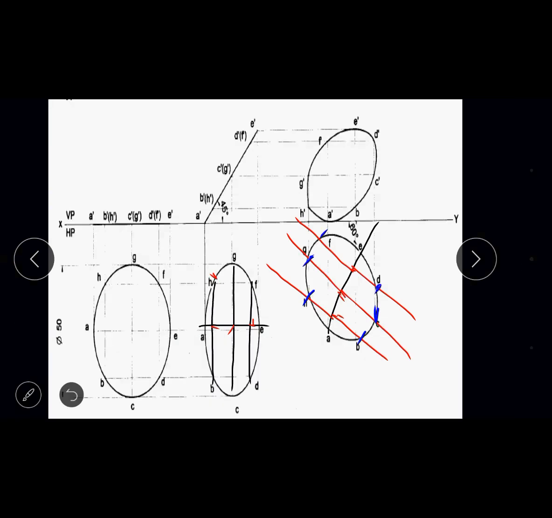So in this way I got all the 8 corners of the ellipse. Now with a freehand sketch you can just join it, that is A to B, B to C, C to D, D to E, E to F, F to G, G to H, and then H to E. So in a sketchbook, freehand sketch you can do it. You will not get an exact ellipse. It's a freehand sketch, whereas in computer drawing there is no such necessity itself.